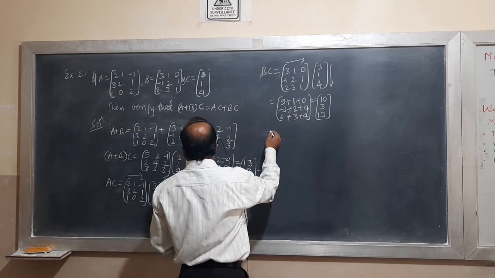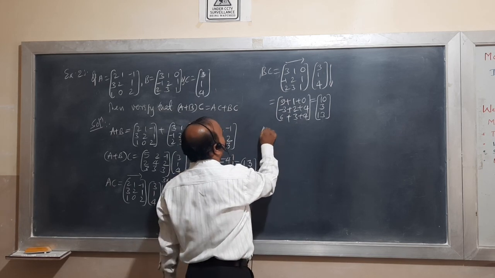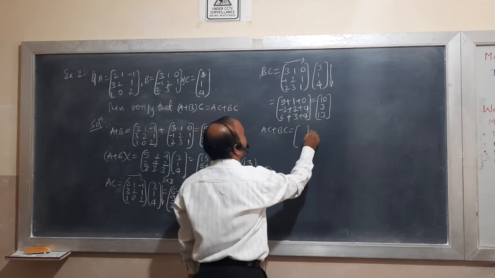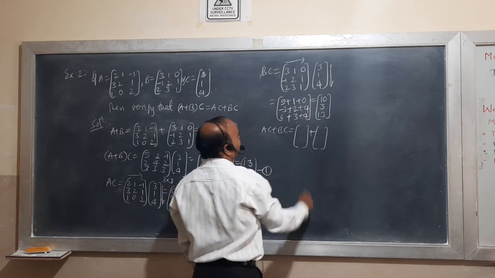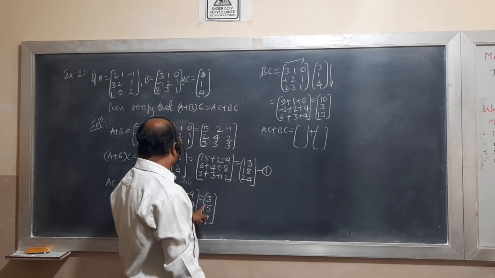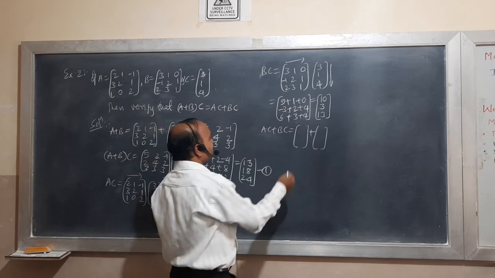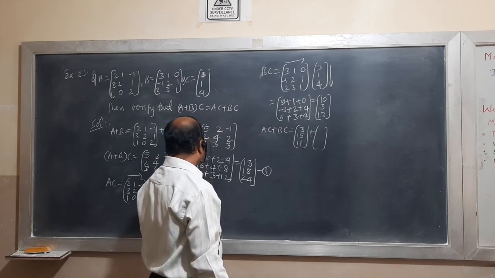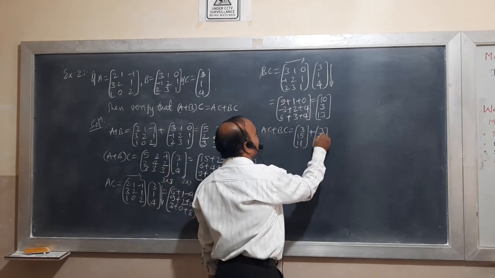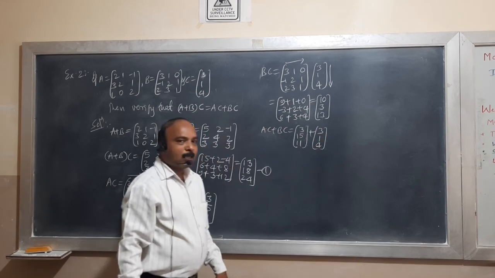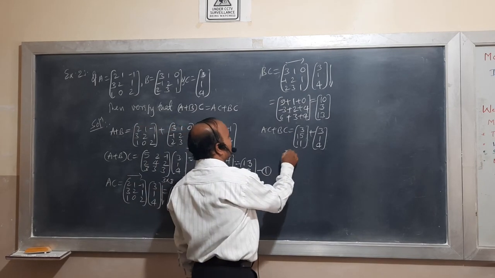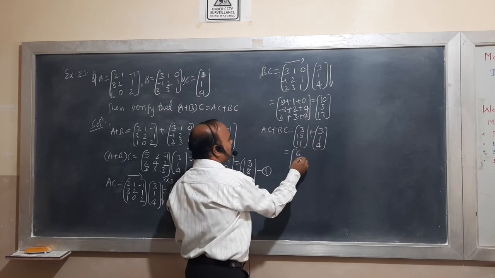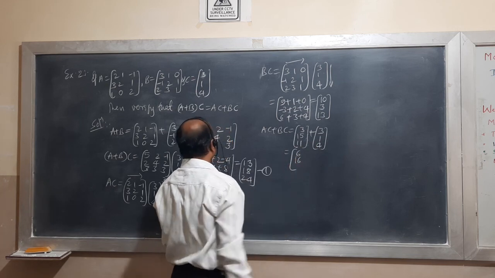Then we consider AC plus BC matrix. AC you got, BC matrix also you got. So AC is [3; 15; 11]. BC matrix is [10; 3; 13]. Now add these two. You get 3 plus 10 is 13. 15 plus 3 is 18.